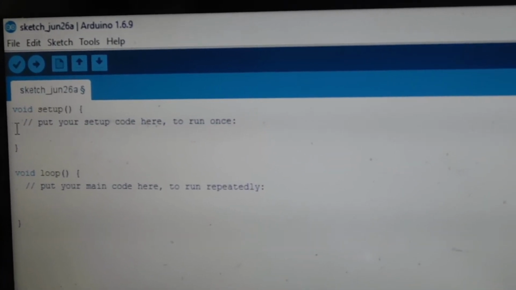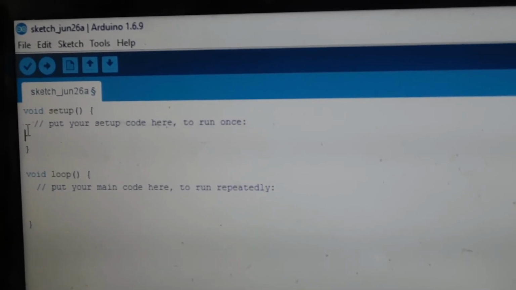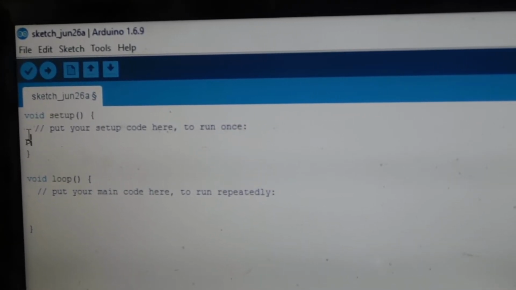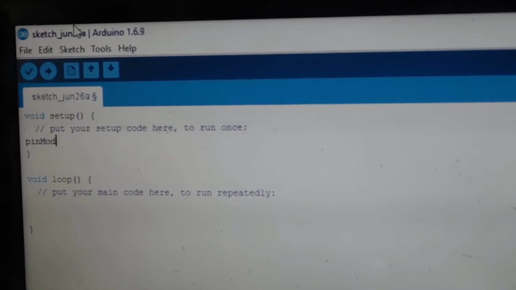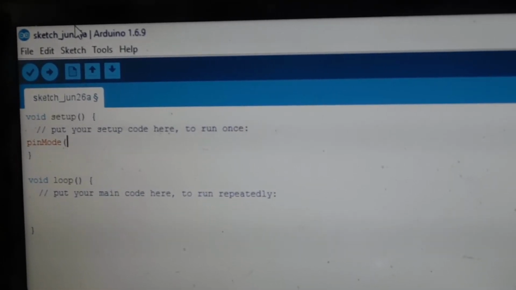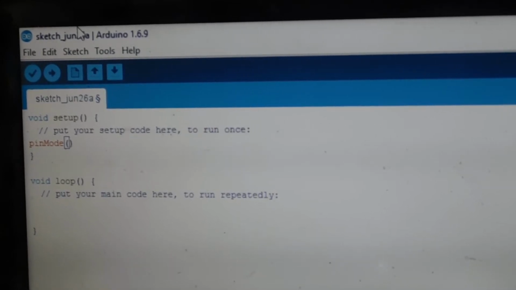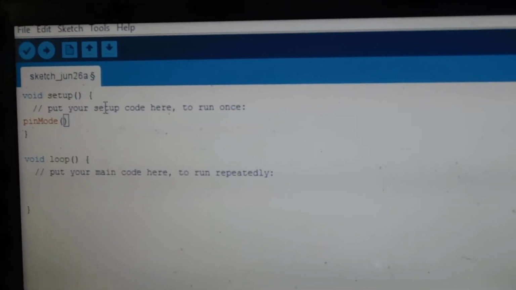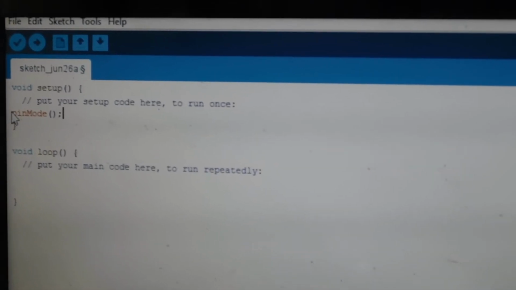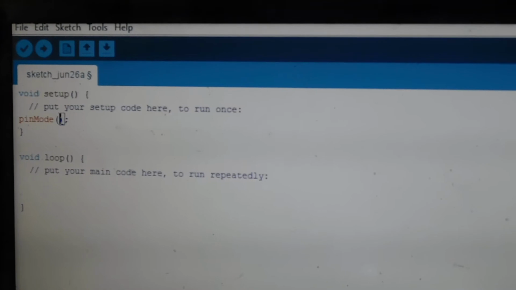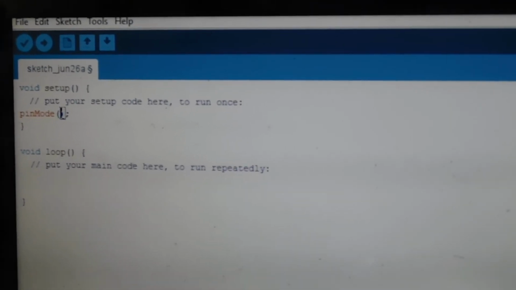So let's start with it. I'm going to write a simple method, pinMode. Now pinMode, if you can see here, this method is used to choose or set up a particular pin.